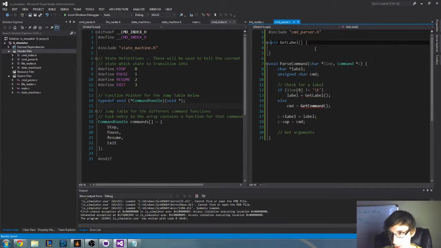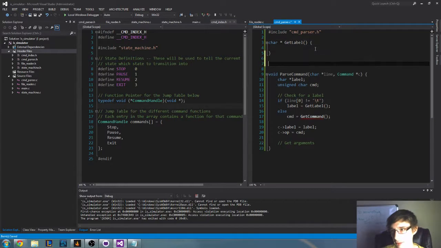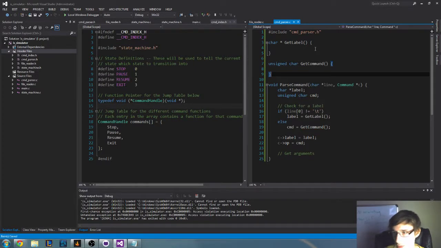And this actually has to return... oh, come on. If I can type, we have another one that returns our get command. Okay, so now the way get label is going to work is it's going to take from the string, a line that we want to parse,